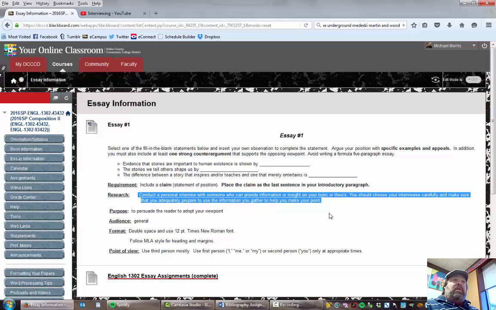You can certainly use examples that you think of, but you're going to want to use what other people have said. That does not necessarily mean you agree with them, but you can get some ideas. This is a kind of a first chance way of doing that kind of research.